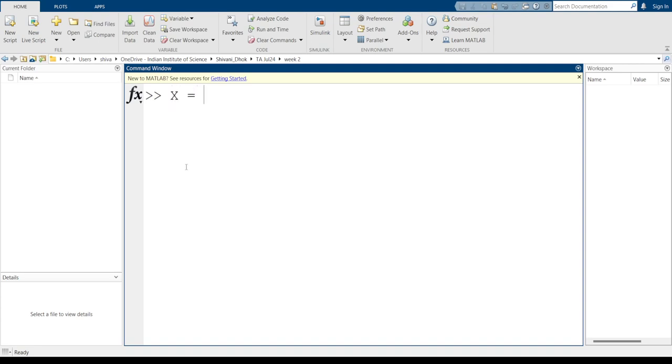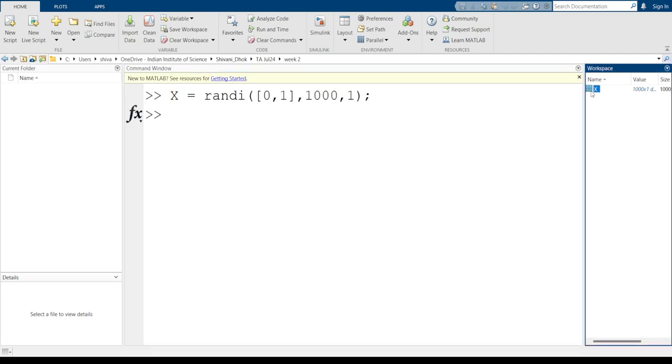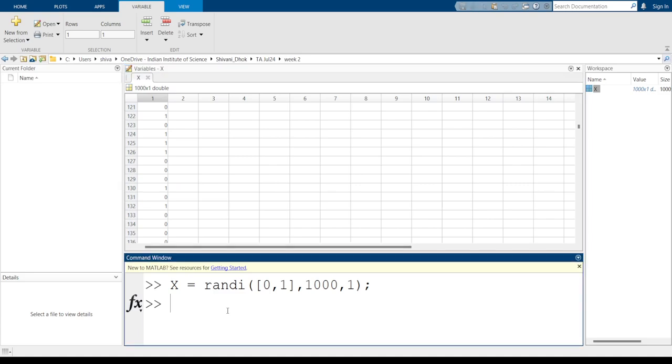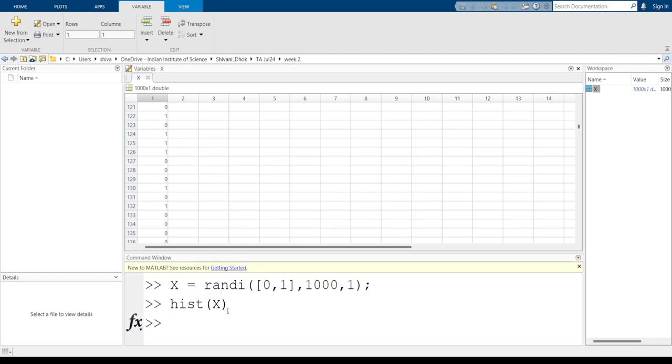So this is x equal to randi. Let's say we want it from 0 to 1, and then we will take, let's say, 1000 values of them. So here we have x which is either 1 or 0, something like this. And now if we just do a histogram of x, we see that